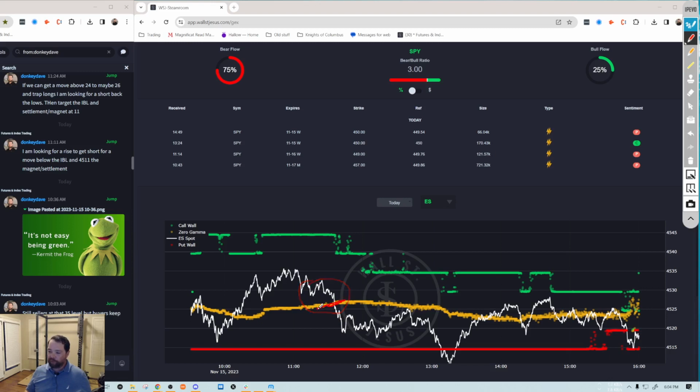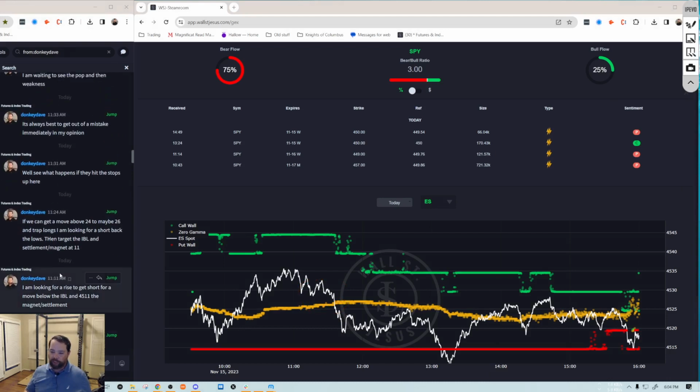So I was looking for us to come into the GWAP, see what kind of reaction we'd have. So I'm looking for the rise to get short for a move below the IB low. So this is at 11.11. So this is at 12.11. So down here,